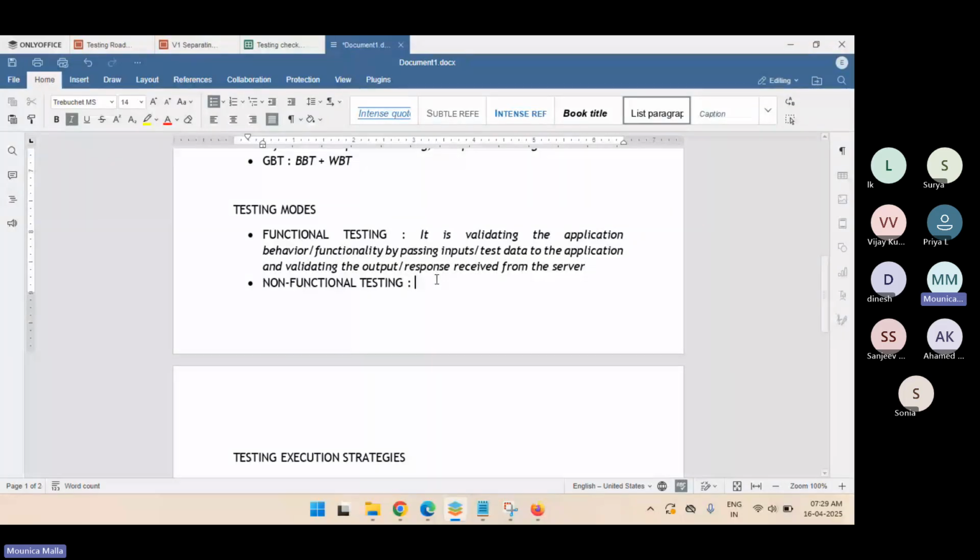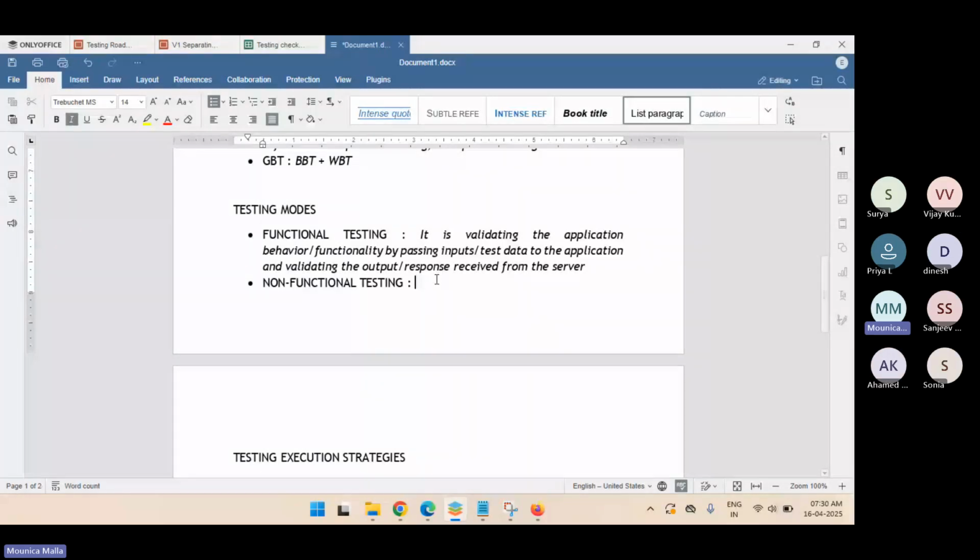characteristics of your developed application, like how is the performance of the application, what is the load your server can handle, what is the peak load you can provide it, is the application secured enough, is the application compatible with other browsers and other operating systems, is the application usable by every person, is the application accessible by people who are deaf or dumb. They all come under non-functional testing. So I will say non-functional testing is